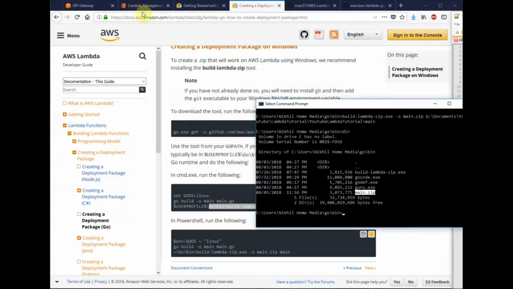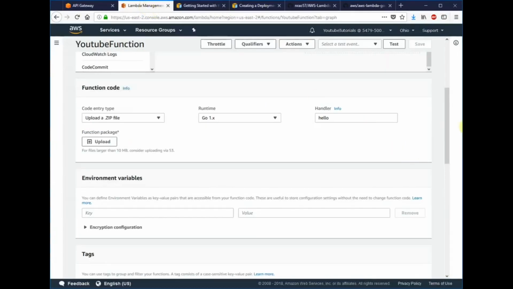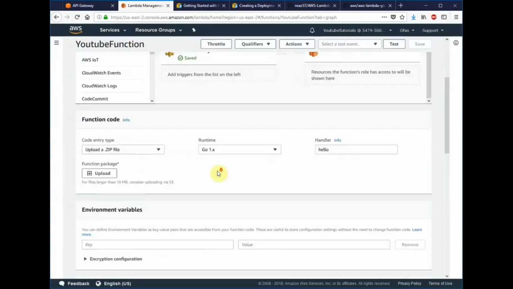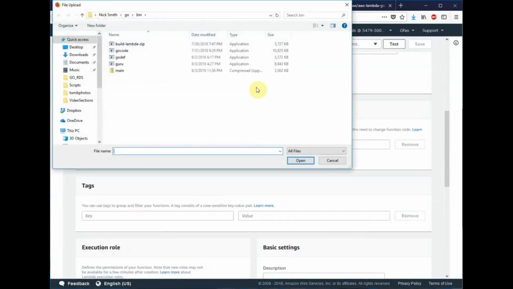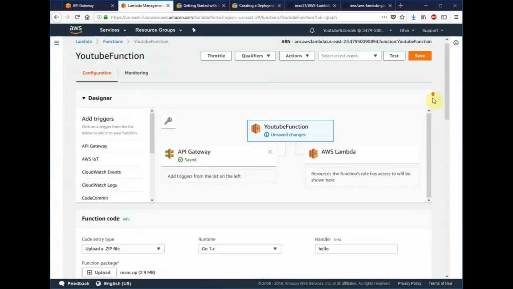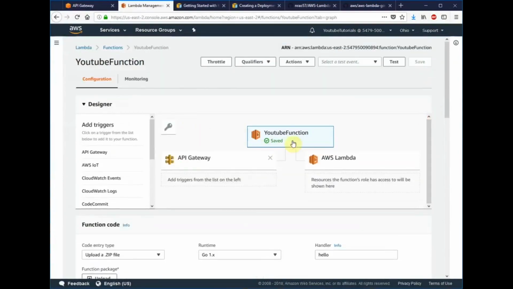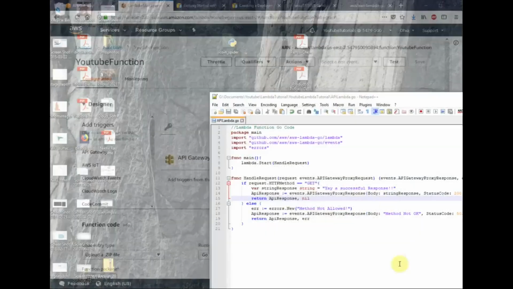Finally, the last step, uploading the code. Okay, so we'll go here, upload a zip file. Again, we're in our Lambda console, and we'll just hit upload, and there's our beautiful main zipped package. We'll hit that, we'll hit open, and we'll save it. Again, okay, so it's saved. So now, again, from our code,